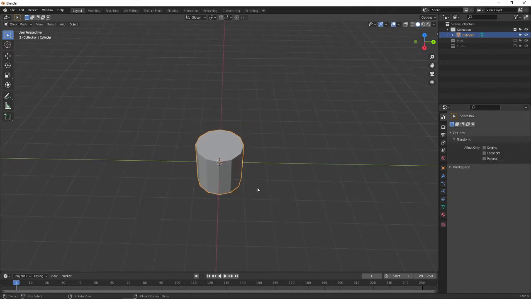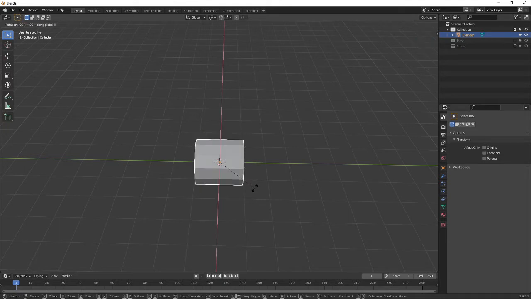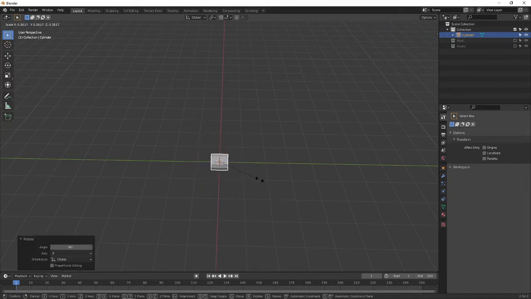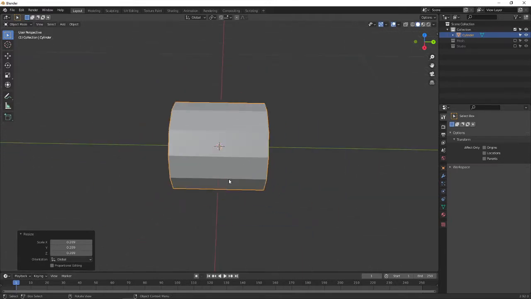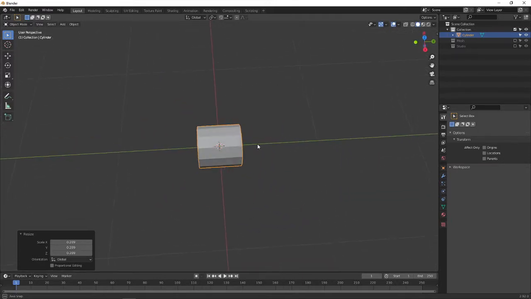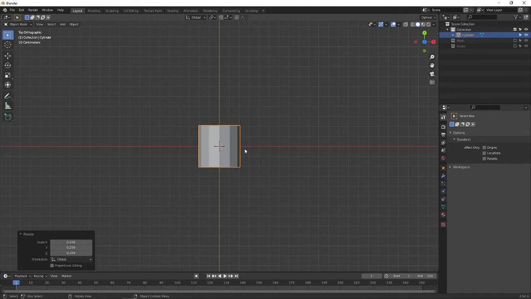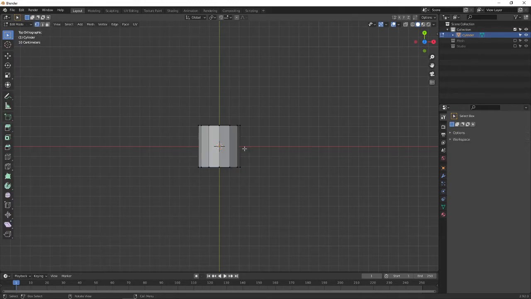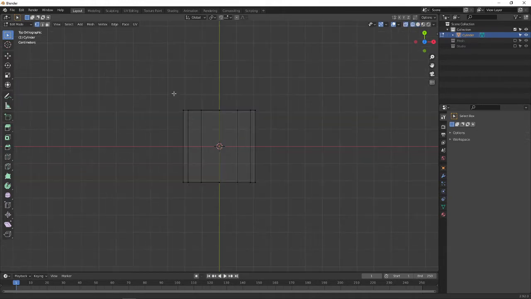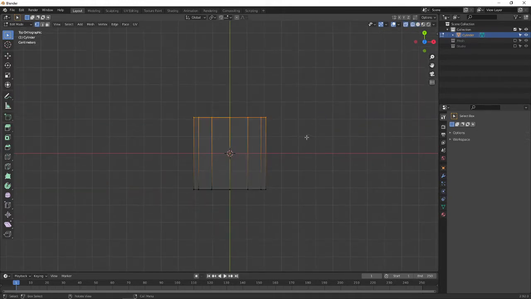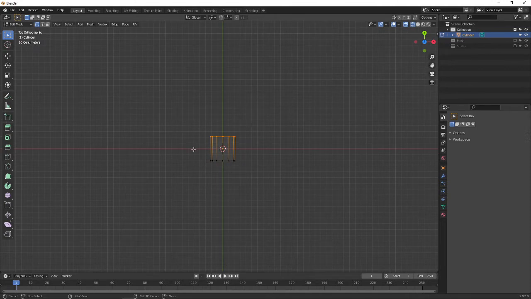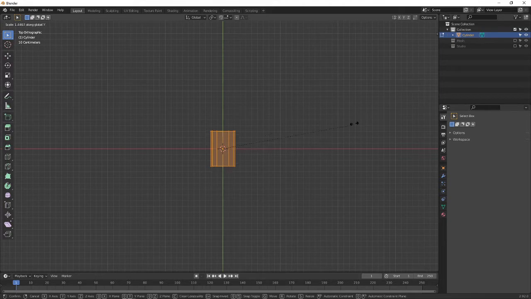So what I'm going to do is rotate it with R X 90 and scale it down. Press the period key to zoom in. Press 7 on the keyboard for the top view and go to edit mode. In vertex mode, press Shift Z to go to wireframe, select this top wire and this one, and scale it on the Y axis like this.